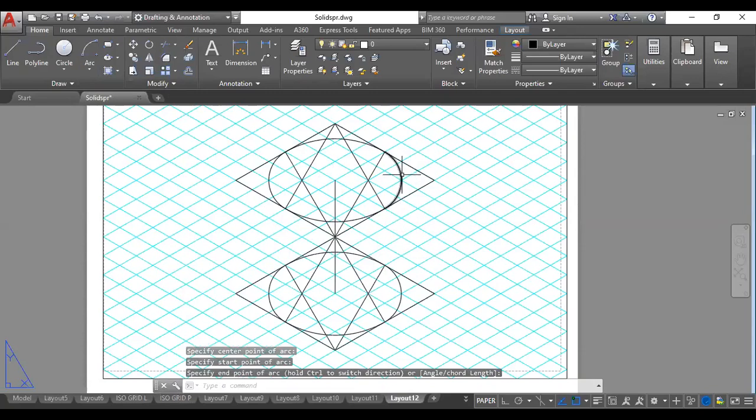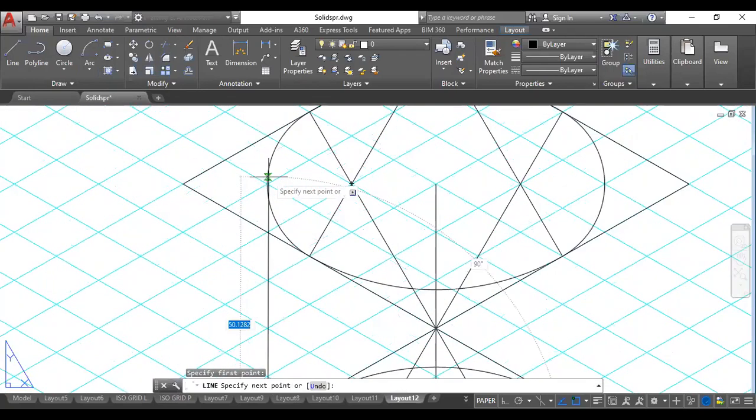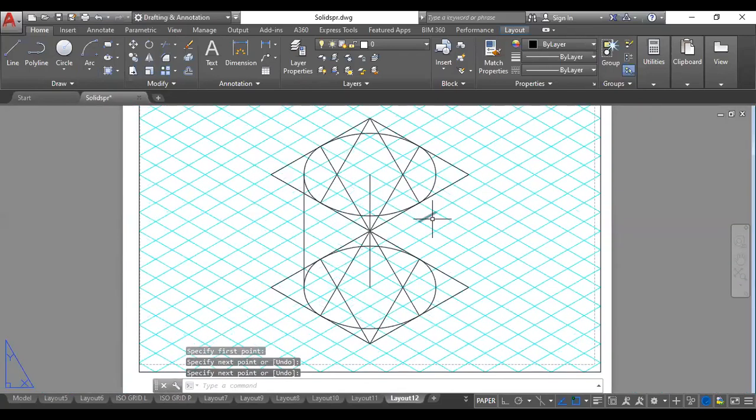So this is the top face of the cylinder. This is the bottom face. Now you are supposed to join them from the outer side, and one more from this particular side. When you look into this cylinder, the top face will be completely visible, whereas for the bottom face, when you look from this side or this side, you can see only the outer part of this cylinder.